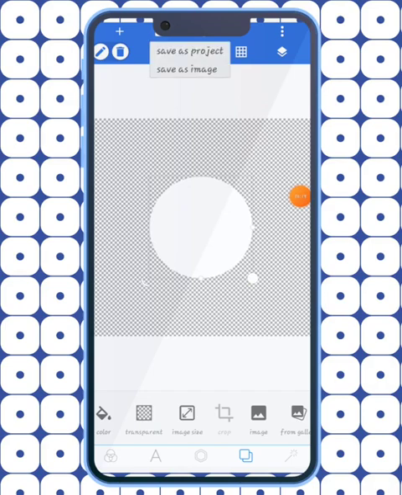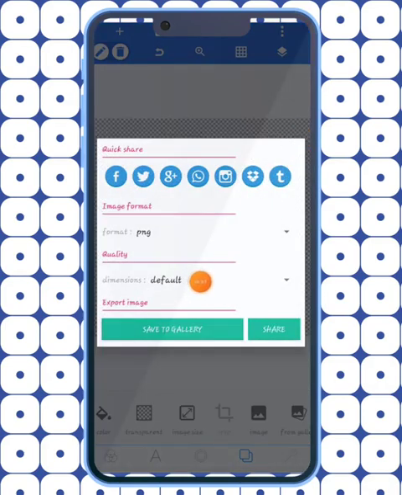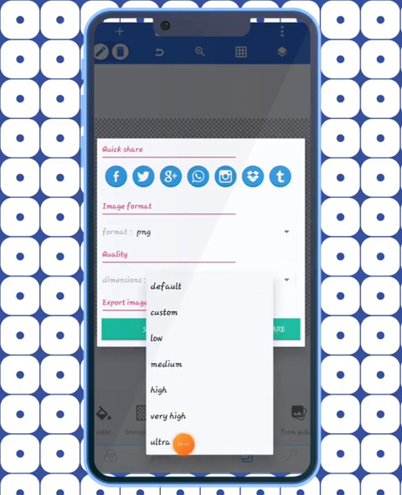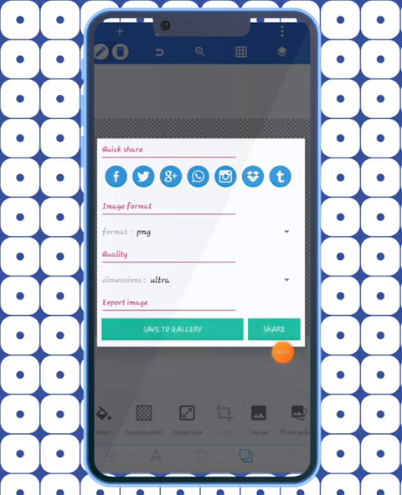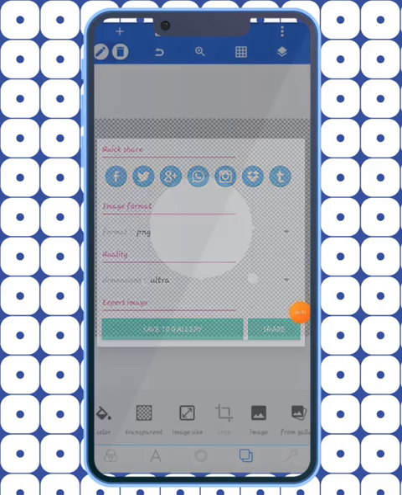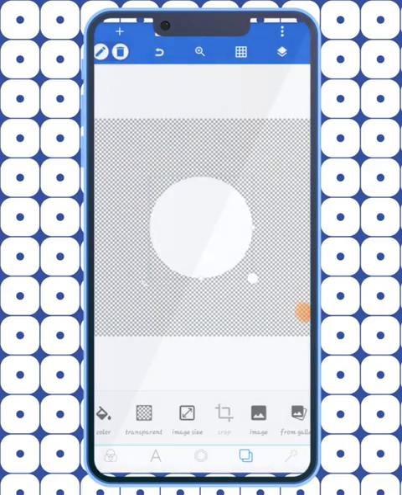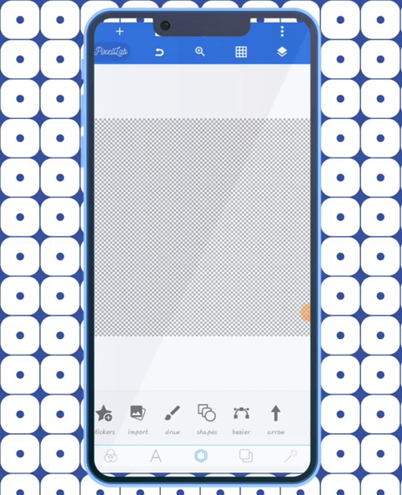So you tap here, then tap on save image, then you come to the default, you tap on it and select ultra. Once you are done with that, you tap on save to save that particular shape to your gallery. All right, so we are now done with this one, so I'll go ahead and delete it. We are done using it. Then leave the background transparent, because we will need this transparent background for the next thing that we are about doing. So we come to import again,